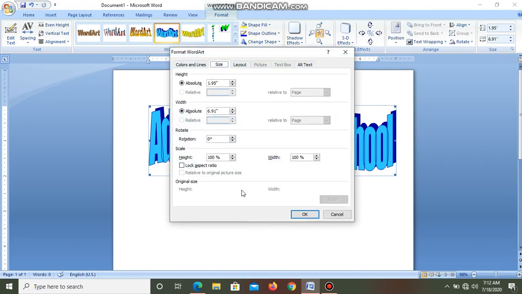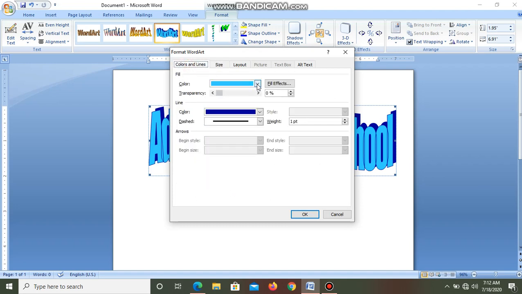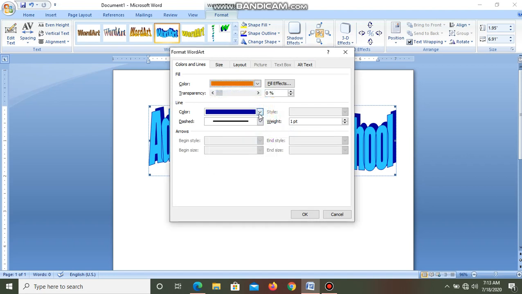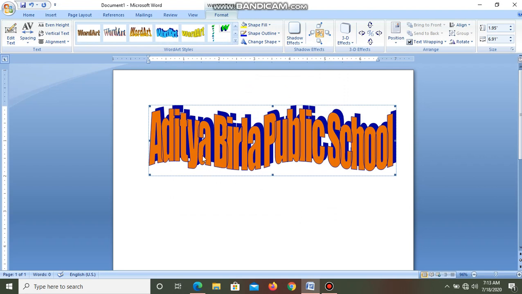In format word art you can see color. If you want it to appear in yellow color, you can change its color. Transparency you can increase or decrease. You can see how easy it is to change the color of a word art.